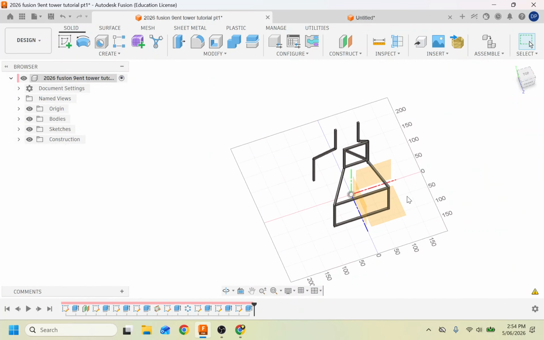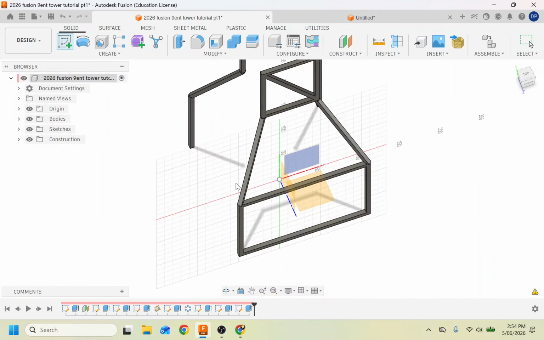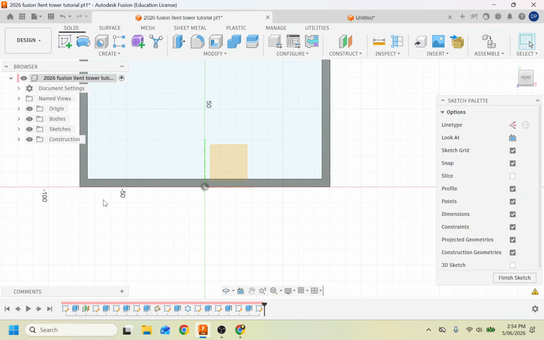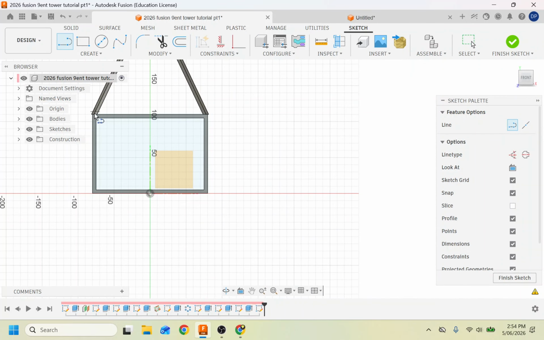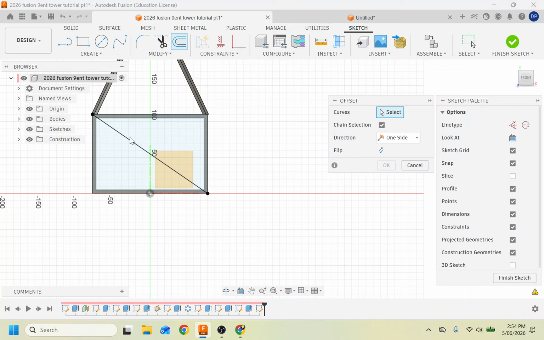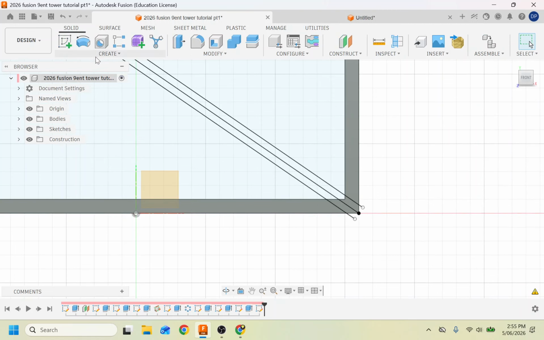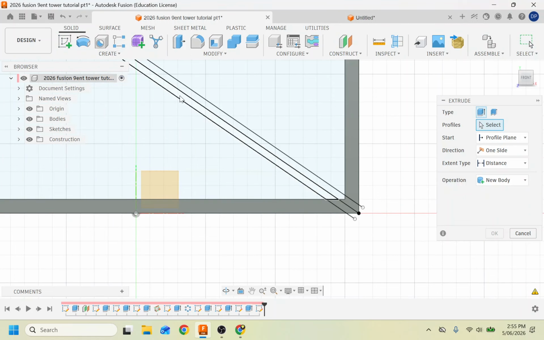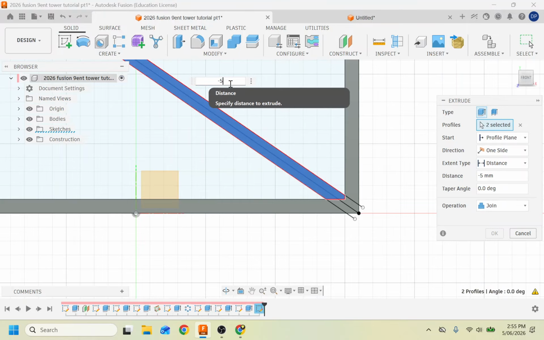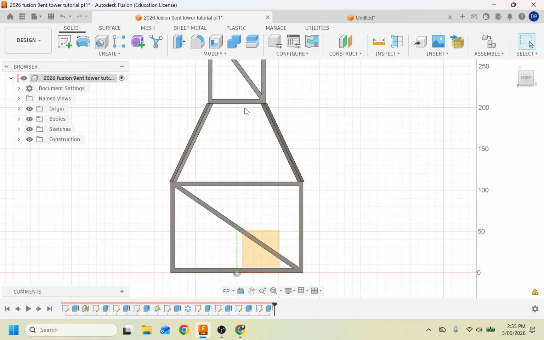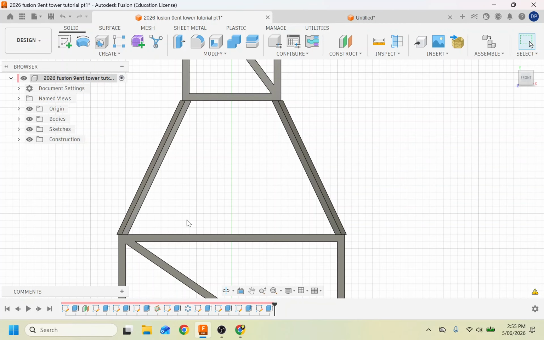So we have one more easy one, this one over here. So again, we press that flat surface that we made. We'll go corner to corner, offset it 2.5, 2.5, symmetrical, okay. And then we will finish that sketch, extrude, -5, cool. Now this is the difficult one, this diagonal member over here, because we don't have an easy plane to make this one,